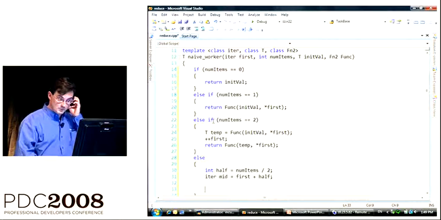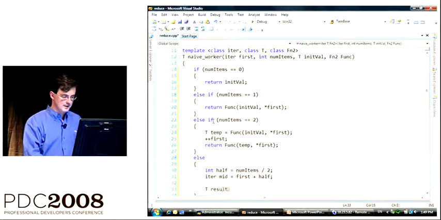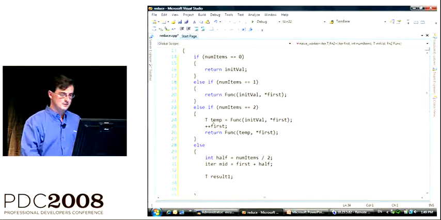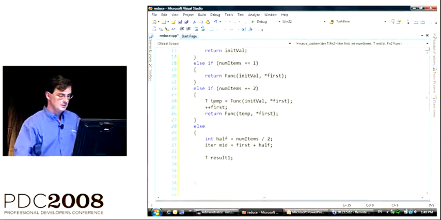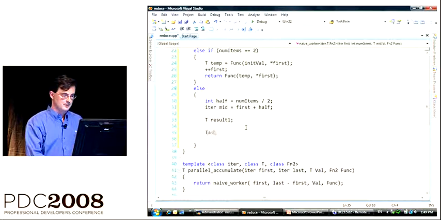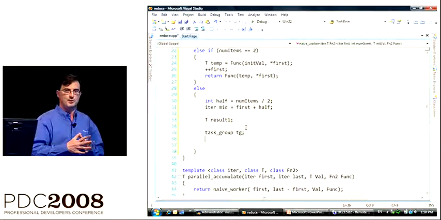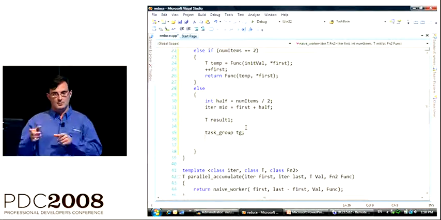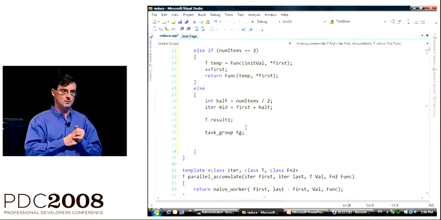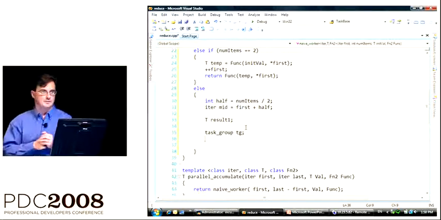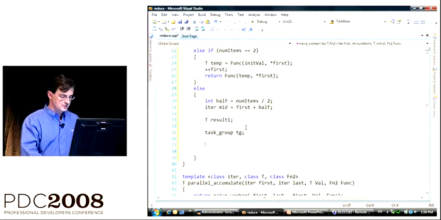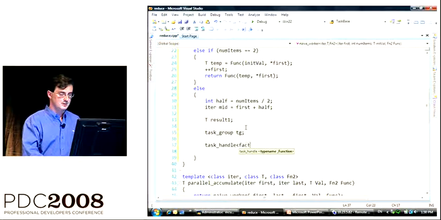OK, so we have that part done, and we have to capture the first part of the result in something. And we will now create a task group. The reason we're creating a task group here is that in this API, you have to have a task group to run a task in. We debated many times whether we should have a way to just run a task on its own, but that's not how it's implemented. Then you create a task handle, and here we're relying on